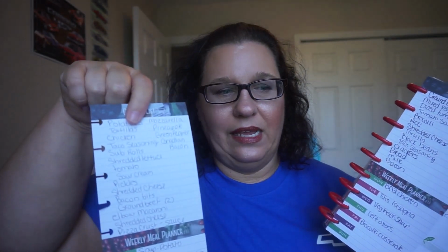You just take them out the amazing Happy Planner way, and they can go right inside the weekly layout of your current planner. And then you already have your menu planned out for the week. So that's what we do. We just make up these menus, make a quick list of what ingredients to have on hand, and we recycle these. And then for any recipe that I don't know how to make, we have the recipes put in here in the sections. So this is actually where I do my meal planning,